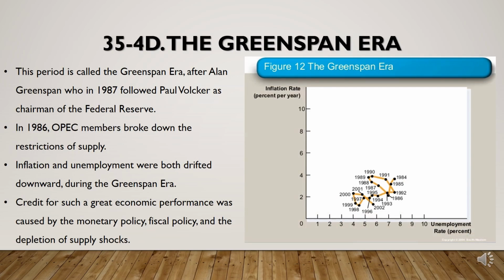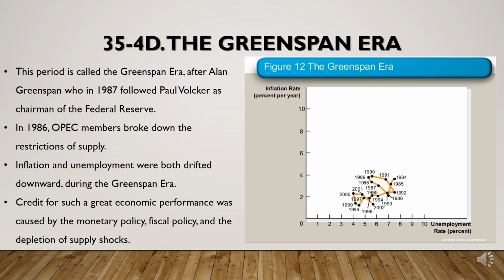Moving on to the fourth part, which is the Greenspan Era. This period is called the Greenspan Era after Alan Greenspan, who in 1987 followed Paul Volcker, who created the Volcker disinflation, as chairman of the Federal Reserve. In 1986, OPEC members broke down the restrictions of supply, causing oil prices to fall by about half. As the figure on the right shows, this favorable supply shock led to falling inflation and falling unemployment from 1984